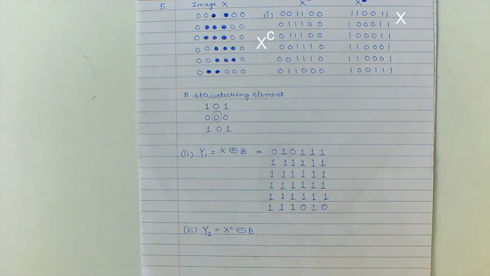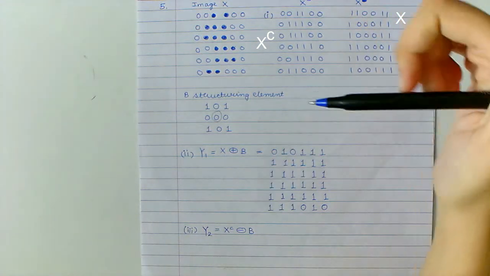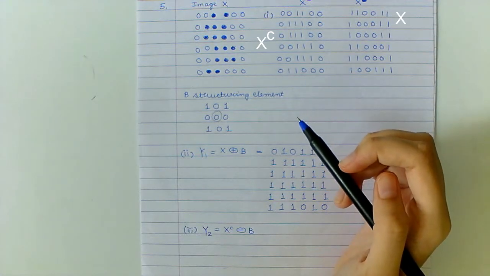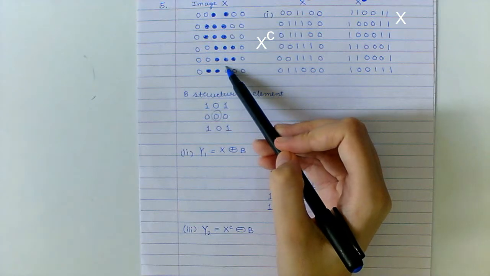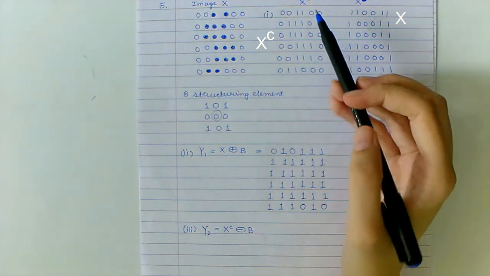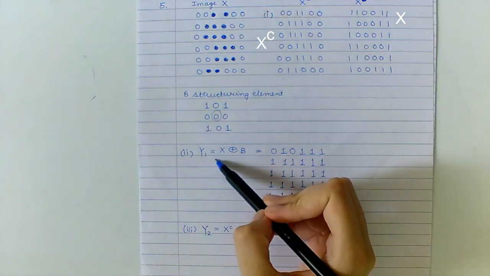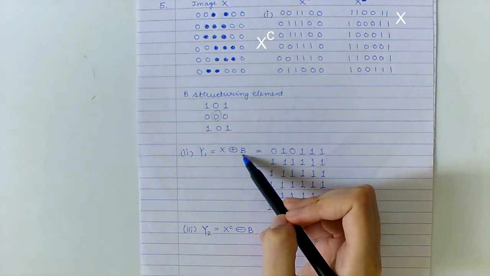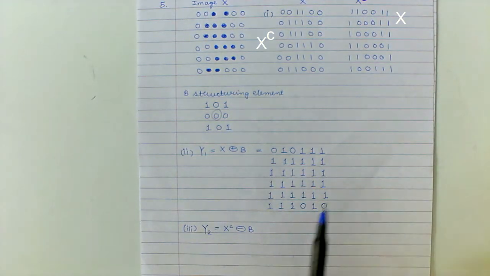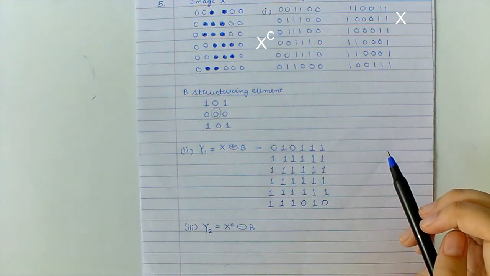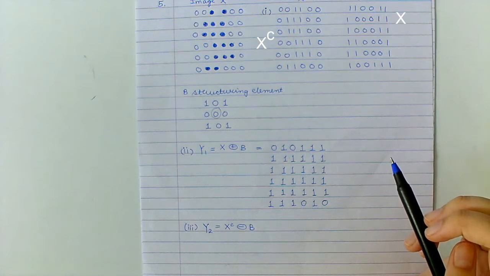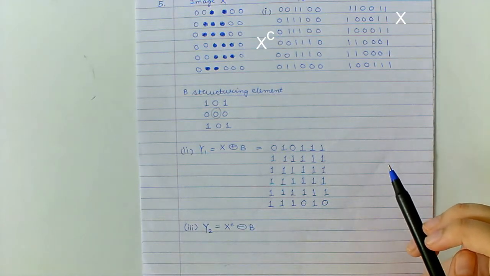Hello everyone. Now we are going to solve the following question. A binary image X and the structuring element B are given as follows. So this is the image X and we have to calculate Y1, which is equal to X complement; Y2, which is X dilation B, Y2 which is equal to X complement erosion B, and Y3 which is X erosion B, and Y4 which is X complement dilation B, and also we have to give what is the relationship between